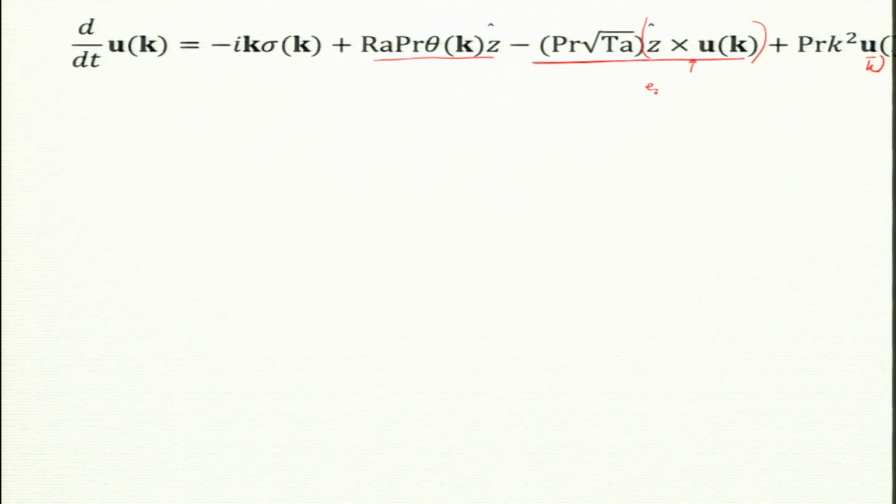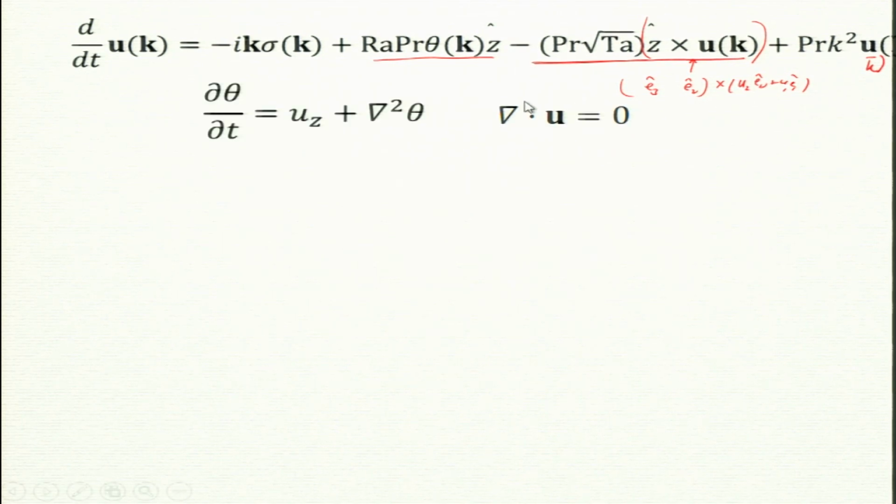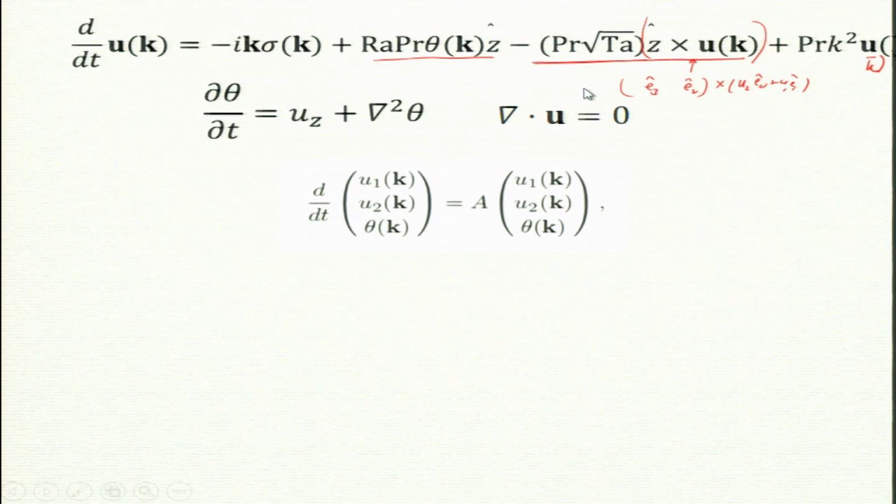So, this will be E3 and E2 and cross U2 and U1, U2 U2 plus U1 U1, right. So, this I will leave it for you to do, right. They are just cross products, and just remember that E1 E2 E3 are cyclic and straightforward. It is a bit of algebra, but it can be done easily. So, this equation we get.